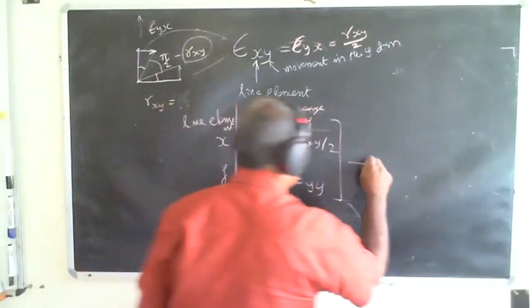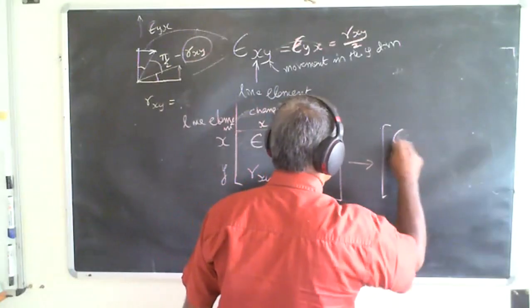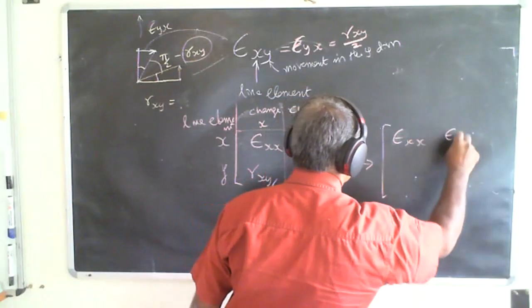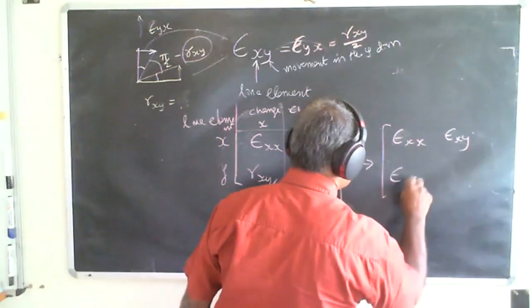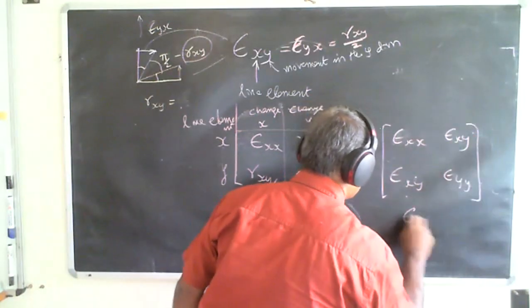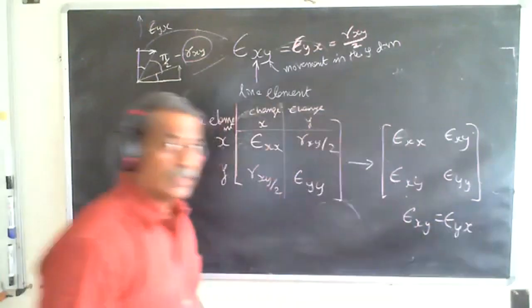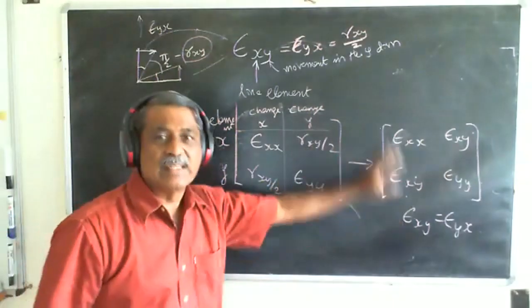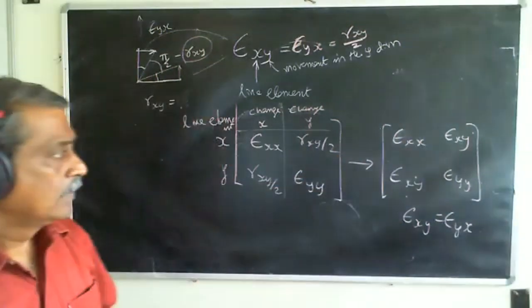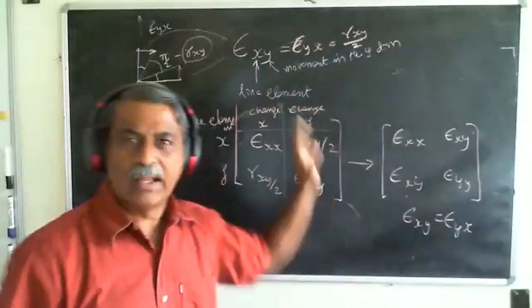Or I can write this as epsilon XX, epsilon XY, epsilon XY, epsilon YY, with epsilon XY equal to epsilon YX. Remember, I have enforced a symmetry over here. This is the way I can define the strain in the